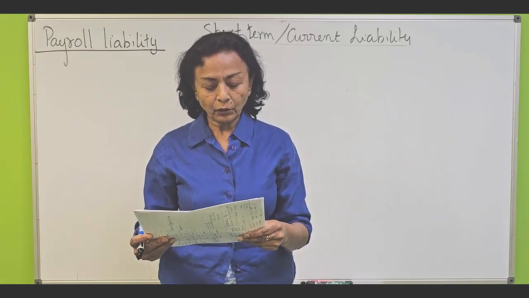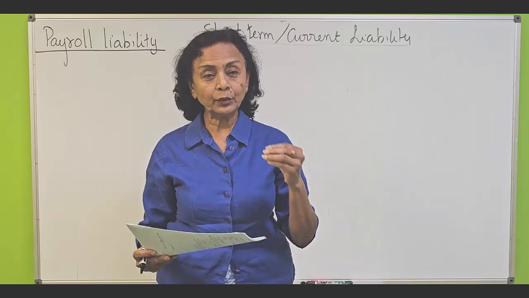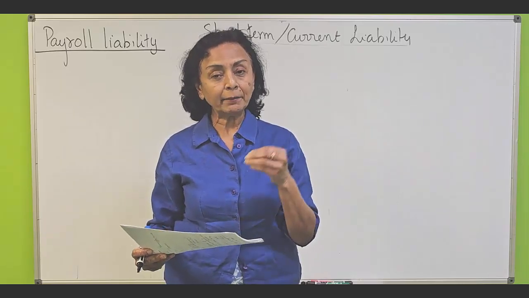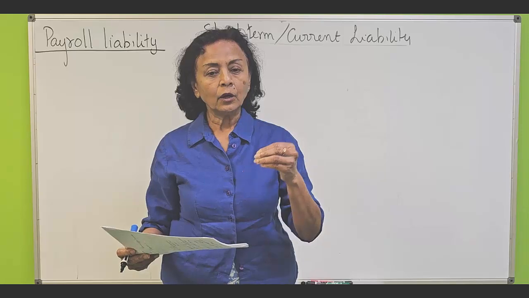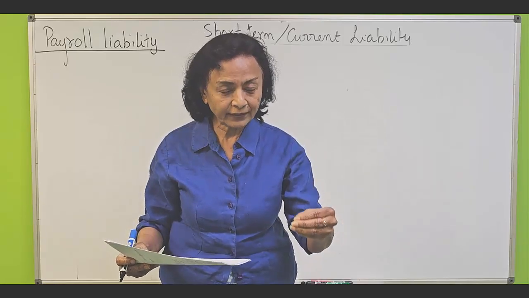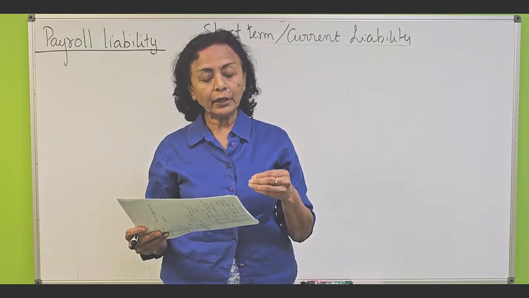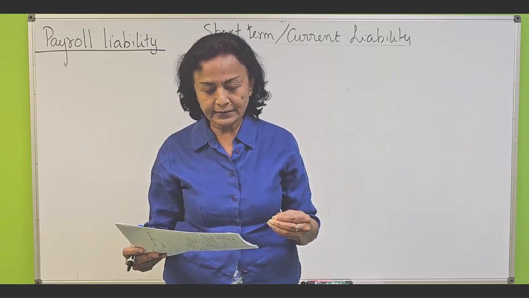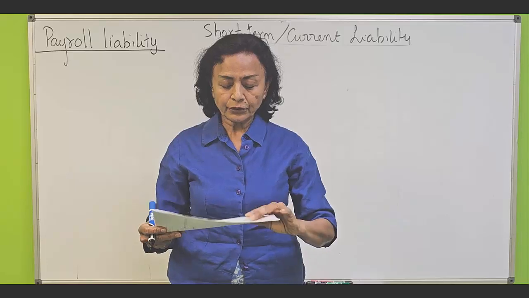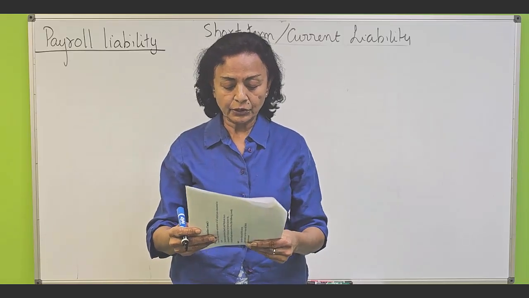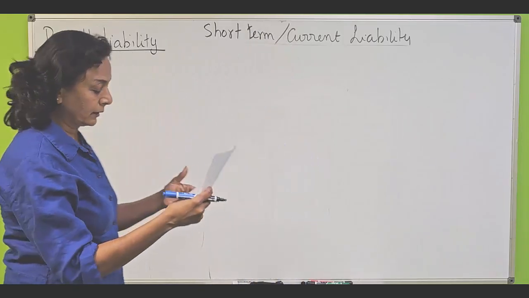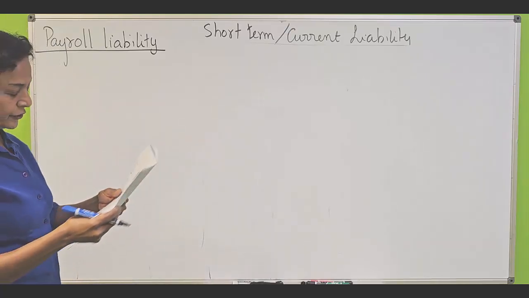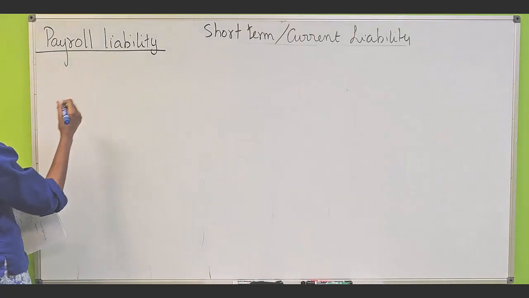So here we are going to calculate the taxes withheld and the liability amount over the withheld amount. The second one, we are going to calculate the employer's own payroll tax expense and the liability, and we are going to record them in the company's accounts. So here, first one, we have to make some calculations. So first calculation is,